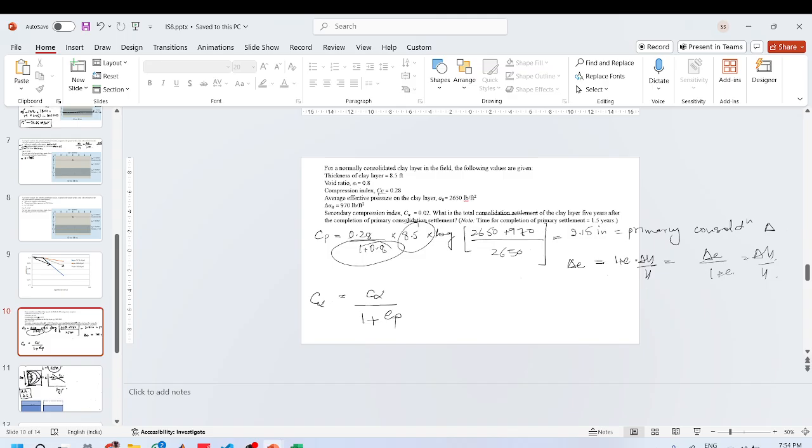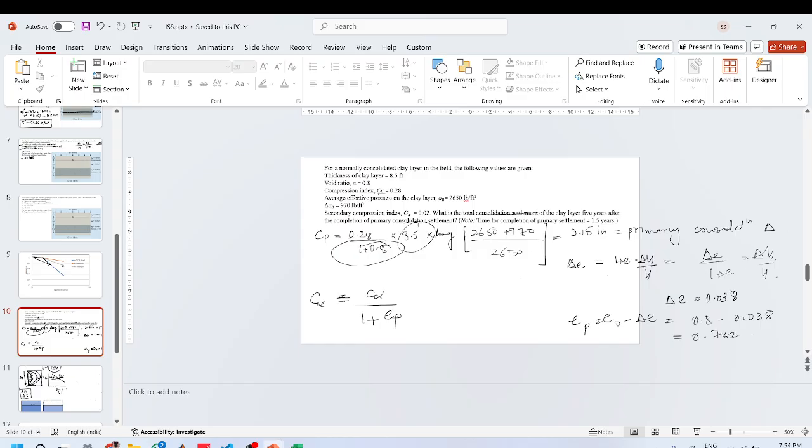I simply had to multiply by 2.8. Delta E is 0.038. Thus, E after primary consolidation will be E naught minus delta E, which will be 0.8 minus 0.038, comes out to be 0.762,